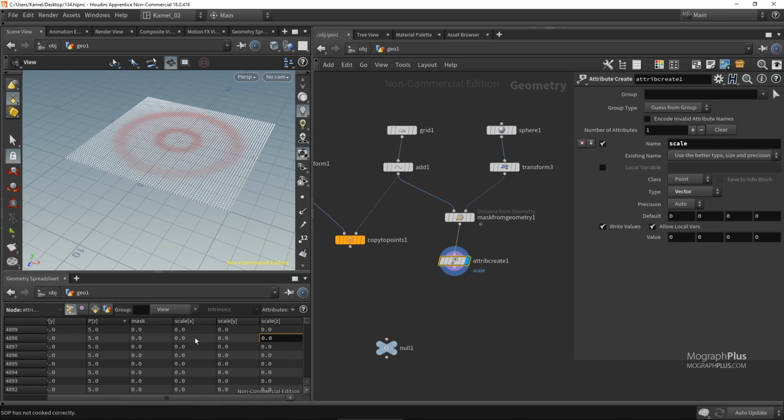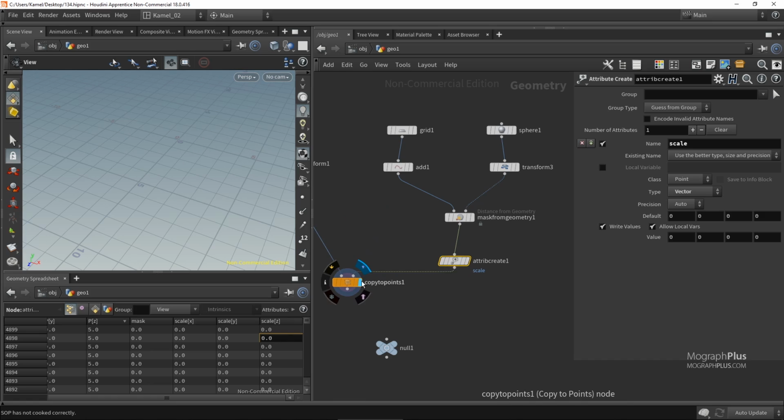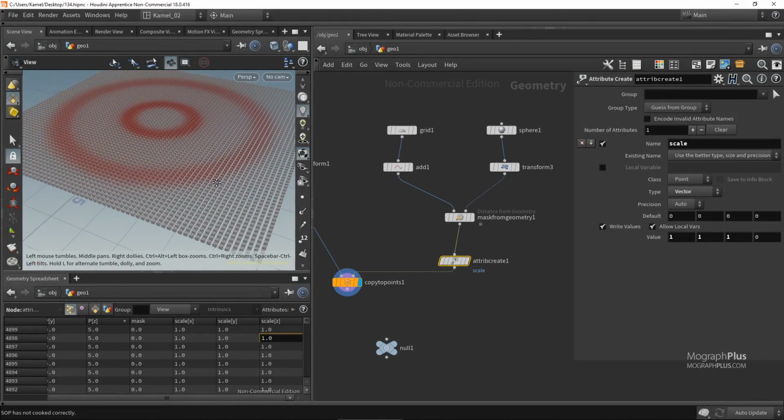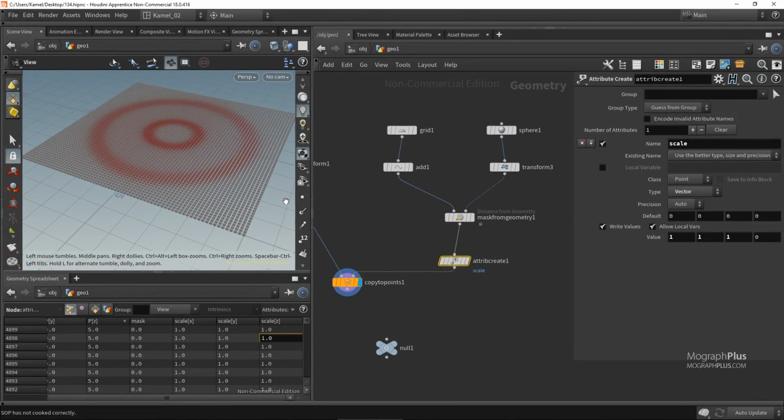in the spreadsheet. Now, if we connect the attribute create node to the copy to points node and enable the copy node as well, you notice all the cubes have disappeared, and that is because the scale is set to 0 by default. And if I set the value to 1 on X, Y, and Z, we get our original boxes, and that is because the value that we defined for the scale attribute is 1, 1, and 1 on